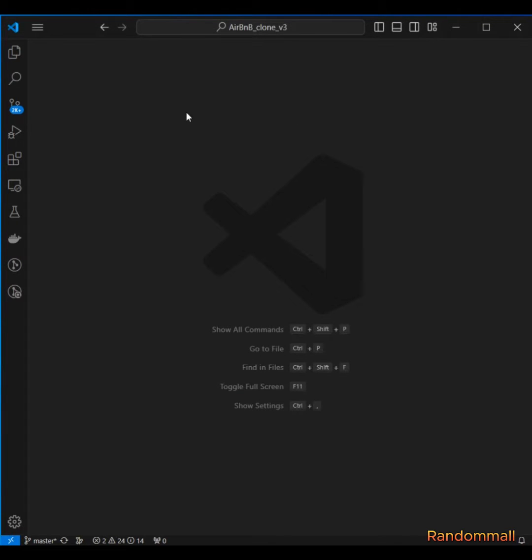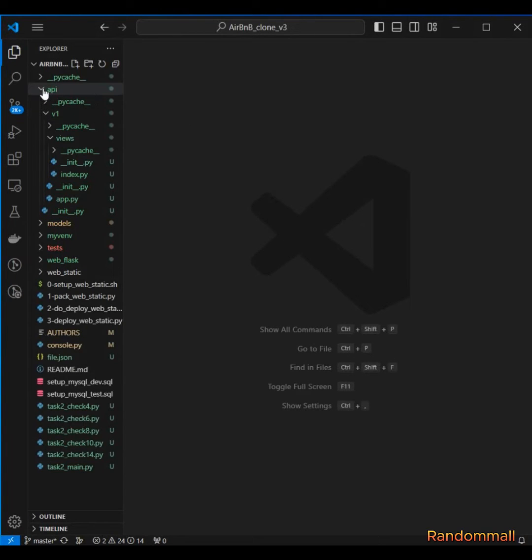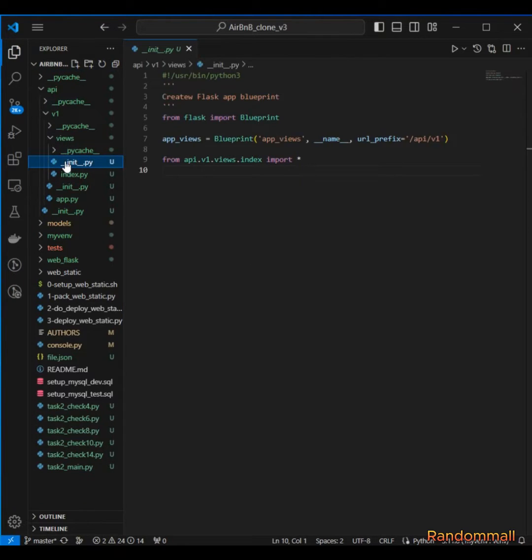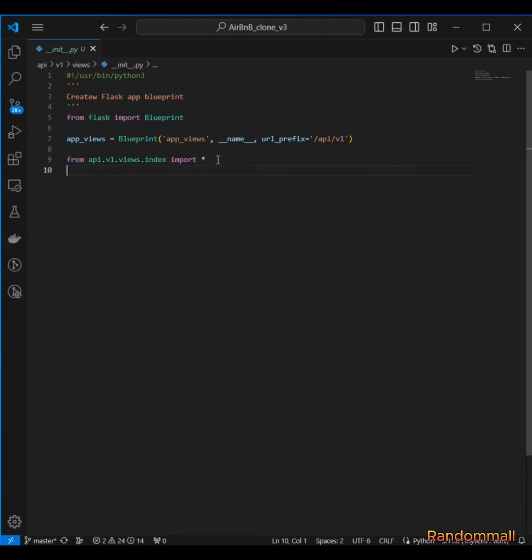For task 6, we are going to go to API/v1/views/__init__.py, and we are going to import state. We're going to import state using the wildcard, and then we're going to go ahead and create state